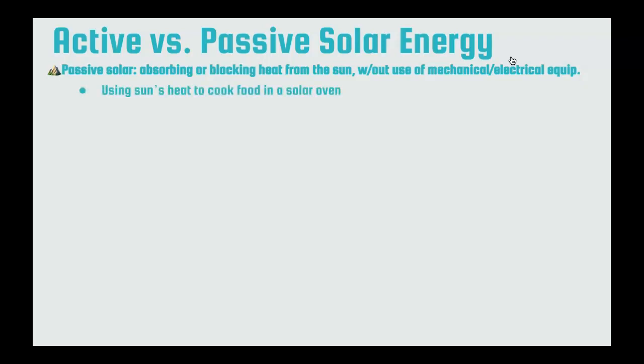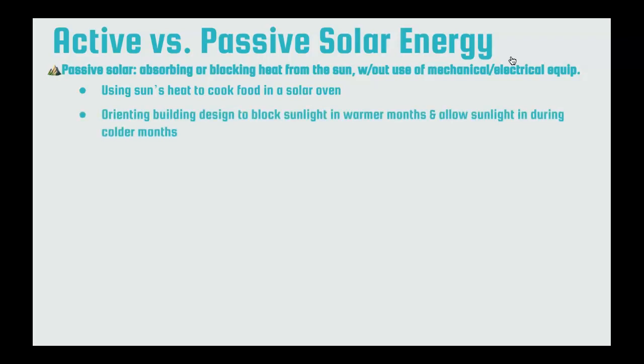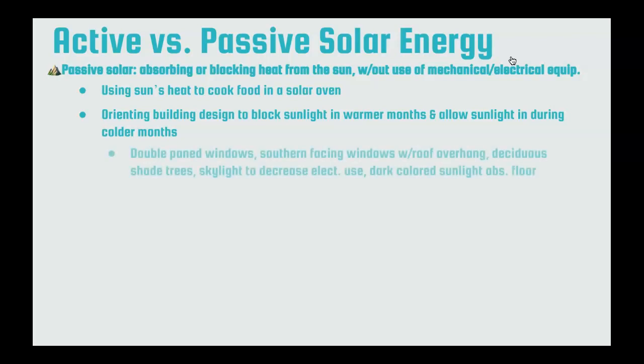It might be that we're going to use the sun's energy to cook food in a solar oven, or it might be that we're going to try to heat or cool our home using building design. In the warmer months, we're going to try to block out the sun with our building design, and then in the cooler months, to allow the sunlight in and to be absorbed into building materials during those